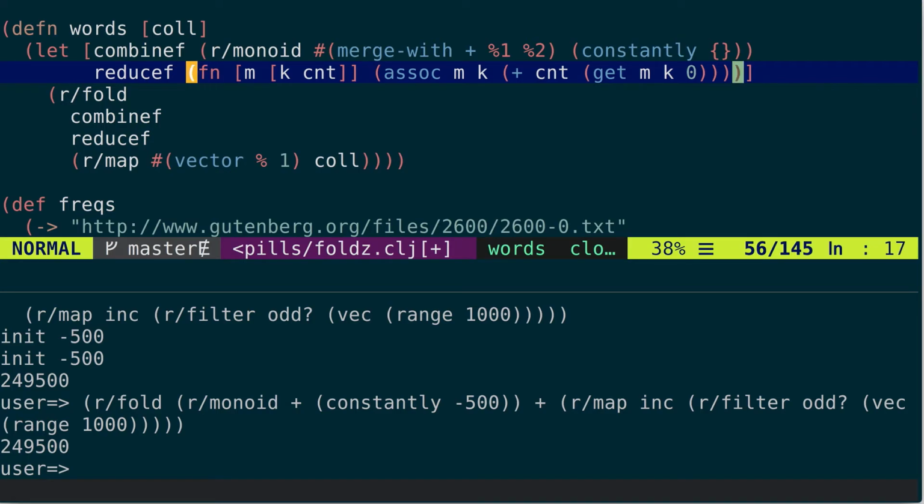And indeed, the reduce function that we can see here is doing an assoc of the key, which is the word, to the map that is going to be produced incrementally. It does an assoc of 0 if it's the first time we see the word, or it sums the already present value, which is the counter, to the number 1 present in each tuple if the word was already seen before. Combinef is merging all the chunks, and in this case each chunk is a map, back together